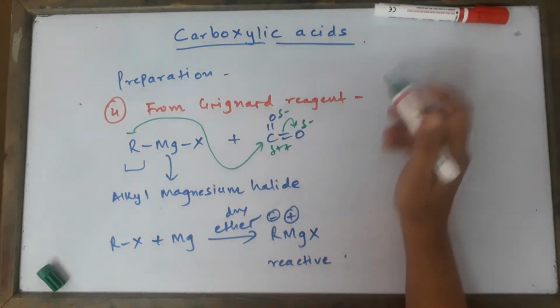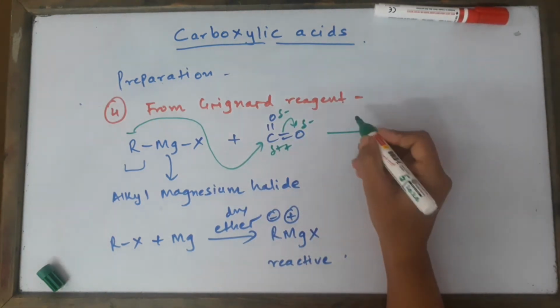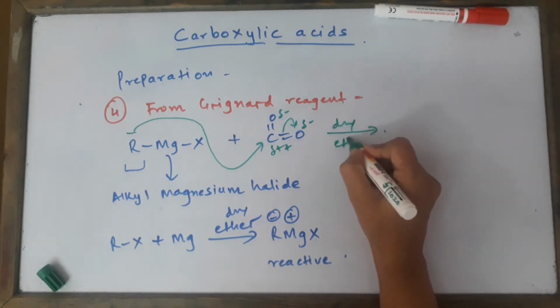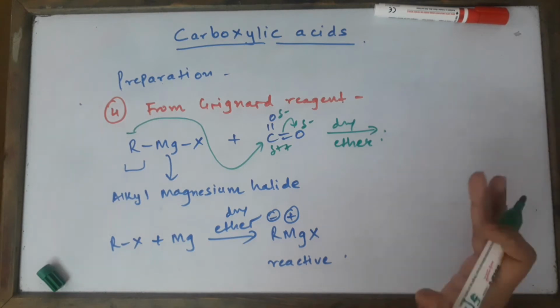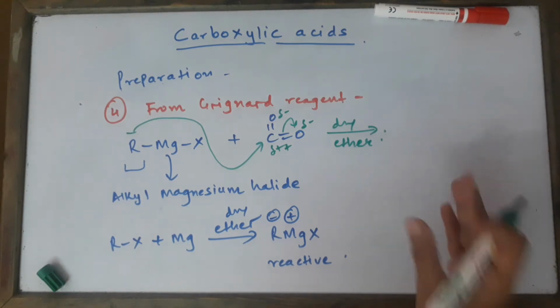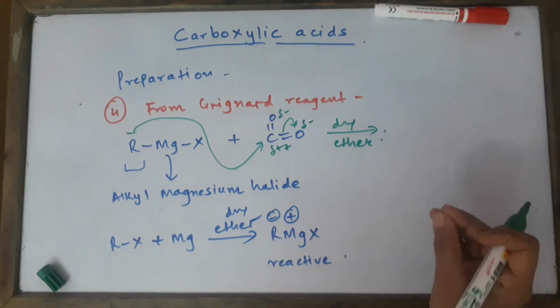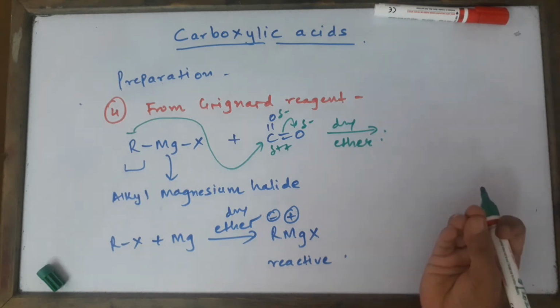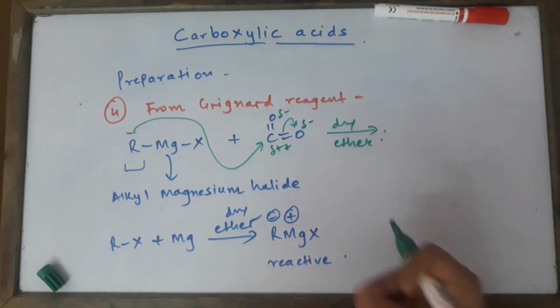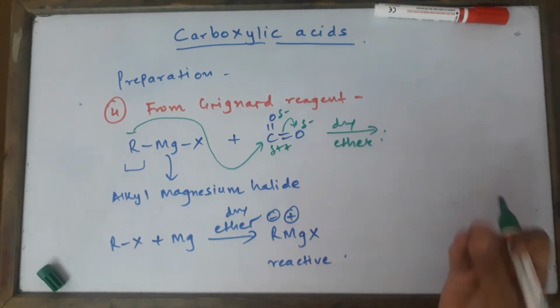All right, so let's not forget ether, because if we don't use dry ether in the case of Grignard reagent and a little bit of water is there in the test tube, then it is going to cause drastic reactions, vigorous reactions. Grignard reagent is going to react with the proton of the water and it will form hydrocarbons. We are aware of this question, right?